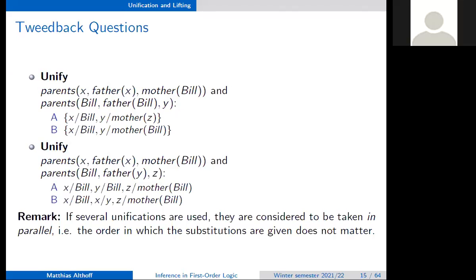Now about 80% choose A. Yes, correct. You can easily see that B is incorrect because we replace X with Bill and X with Y, and that's not possible. We cannot replace the same variable with two different things. So A is certainly the correct one. Very good.